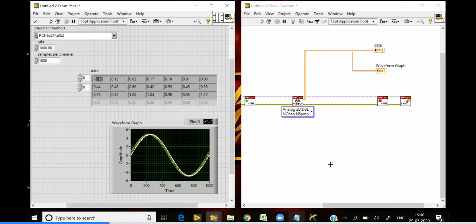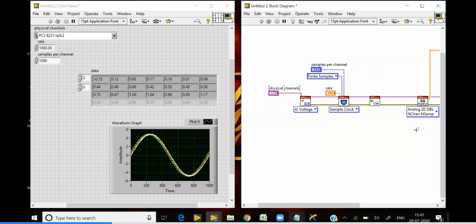This is the procedure to configure data acquisition by using the low level method. You can configure with a single function itself whether it is acquiring or generating, the timing functions, how many samples you want, and how many channels you are choosing. You can do it with this single low level structure. So this is like a template. You can use this template for anything.